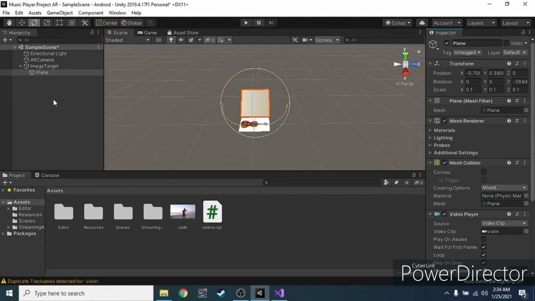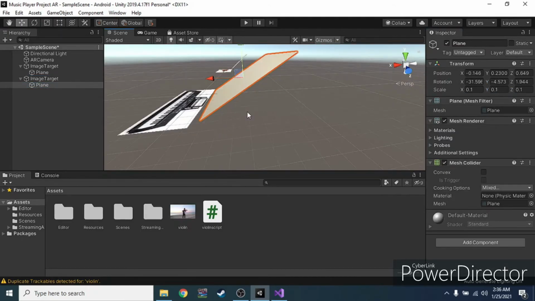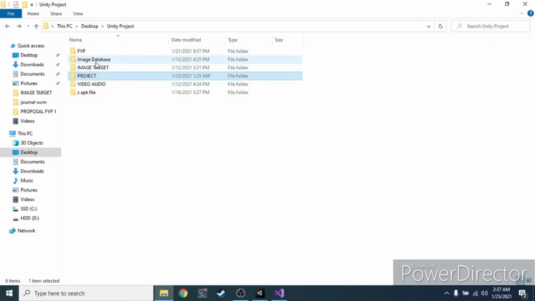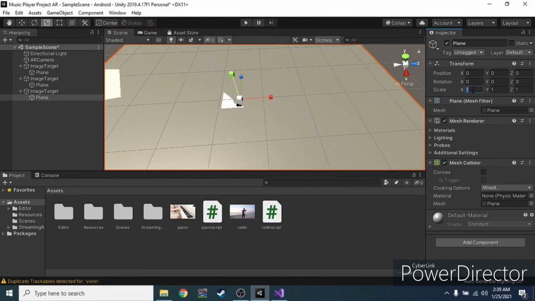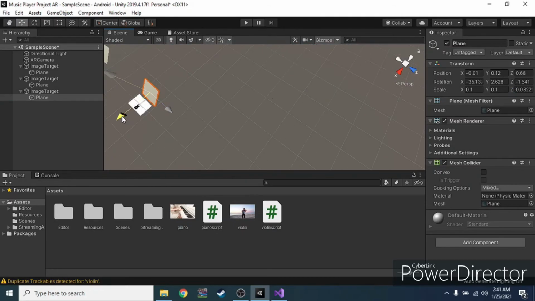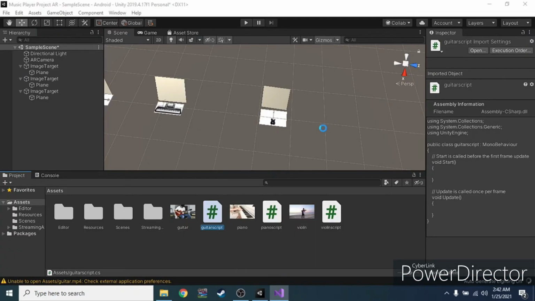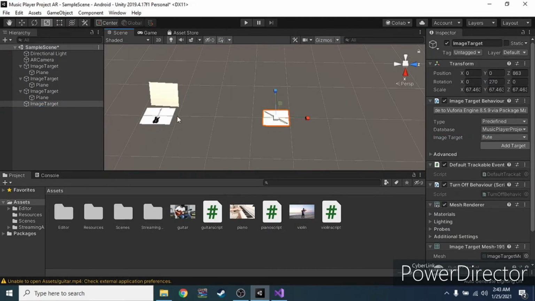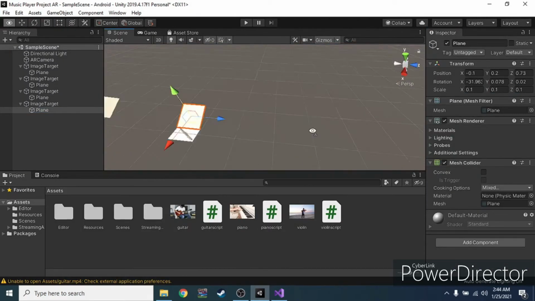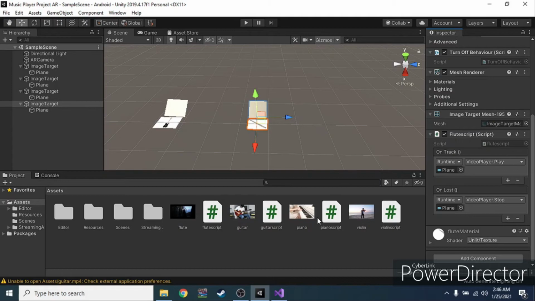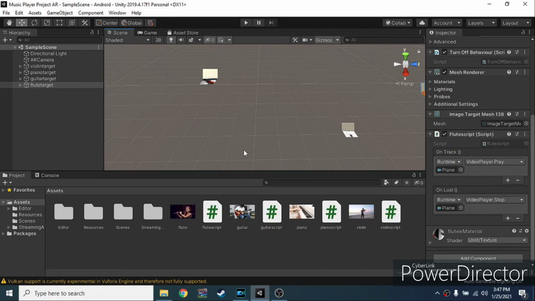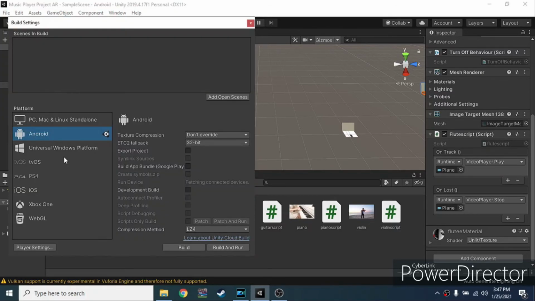Okay, we can do this for the other image targets. Here is my time lapse, I fast forward through the coding, the scale, the plane, and the video for the other 3 image targets. After we get our 4 image targets, we save, then make sure, and it's time to build.